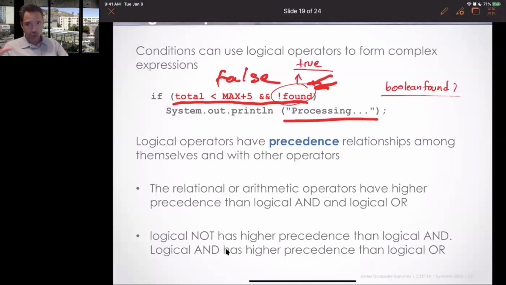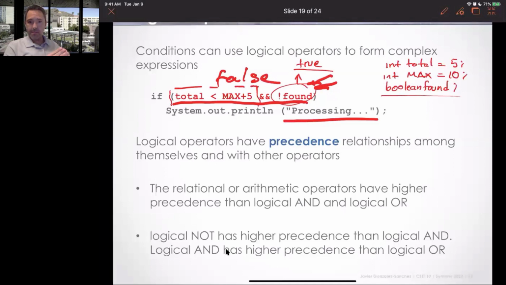So this part was true, good. The part that is false is this one here. Now, if I change the values and I make, for instance, total equal 5, and I make something like max equal 10,